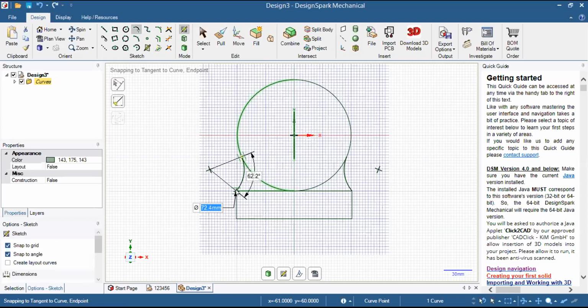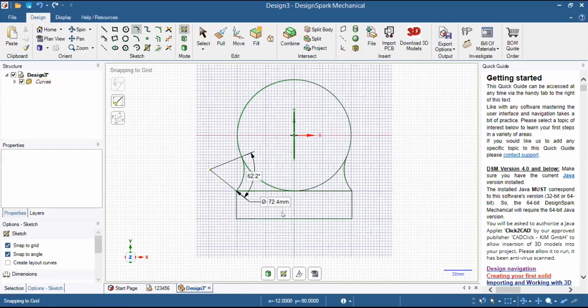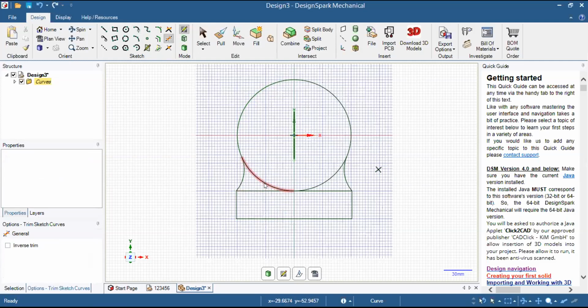And a similar arc has been generated on the other side of the mirror line. Now I will escape again. Now you can see there are some unwanted curves which I need to trim out. So I will go on the trim command and then click on the unwanted curves and lines.